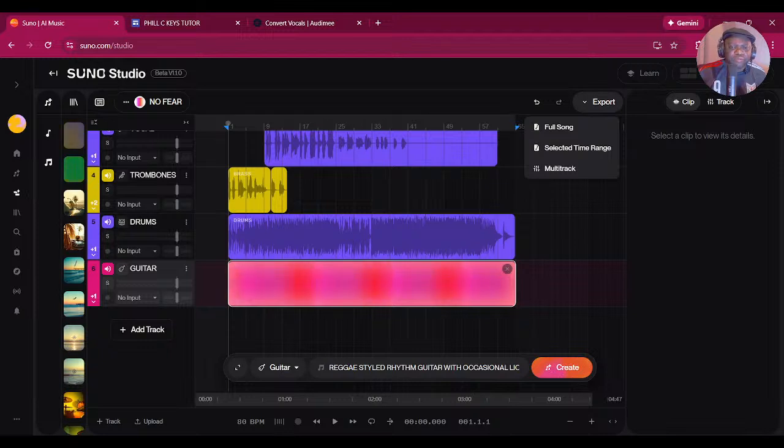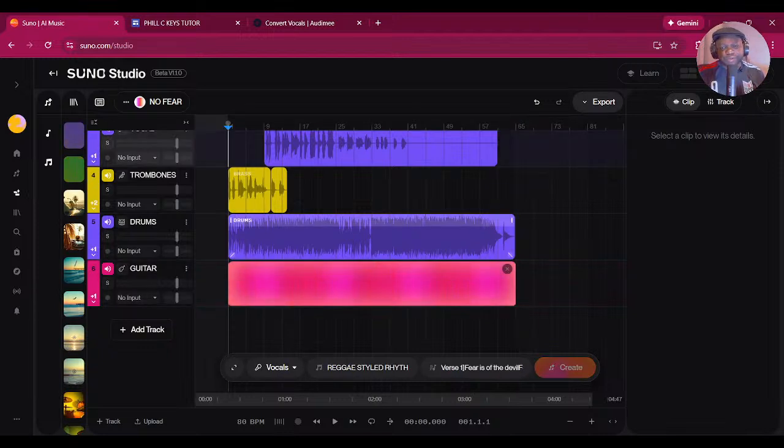Okay. Now, one of the other things that I've noticed with SUNO Studio is once you've got the core down, you got the vocals, you got the bass, you got the keys, now we're putting in the guitar. The other things that you want to see can be added without much hesitation. What I mean by that is you can just go in and begin adding additional pieces where you think they would fit best. It could be a toss-up sometimes if you haven't heard what the last track you added is, but it's also a risk-taking kind of adventure.